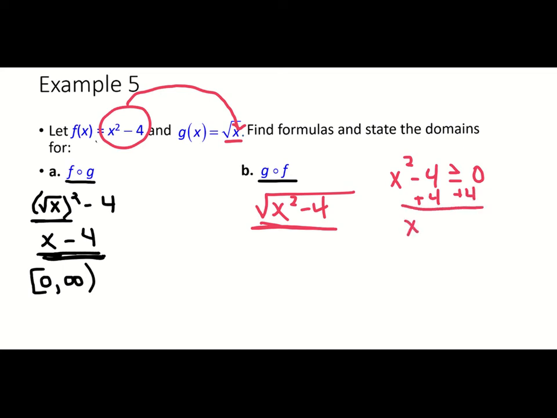So I get x squared is greater than or equal to 4. And then we're going to take the square root. We want x. So x always has to be greater than or equal to, and again, we're going to end up with our positive or our negative 2's there. So really, what we're going to get for our domain here is